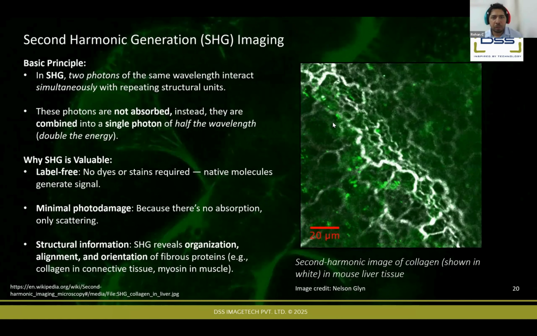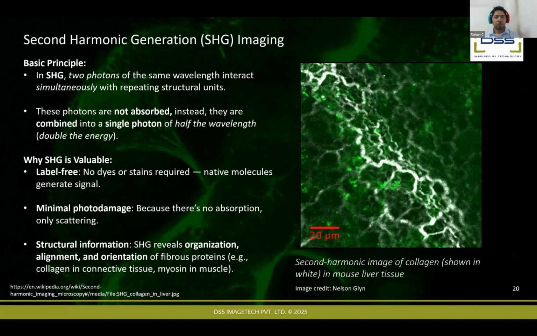Yogaraj ji, you have asked a question about how to select the excitation wavelength in multiphoton, having 800 nanometers to excite protein labeled with 488 nanometer, 546, etc. Very good question, sir. In order to do this, as I mentioned, we have to send two photons of high wavelength, low energy to get excitation of high energy and low wavelength. What we essentially do in a multiphoton microscope is that people have optimized what kind of wavelength you need to use to excite, for example, GFP or any green dye. We normally use a wavelength of 920 nanometers